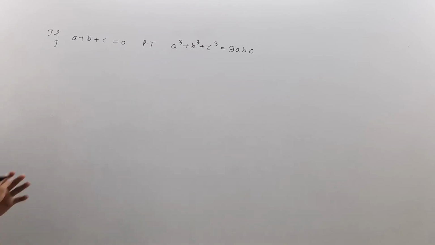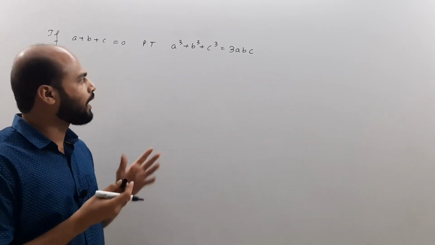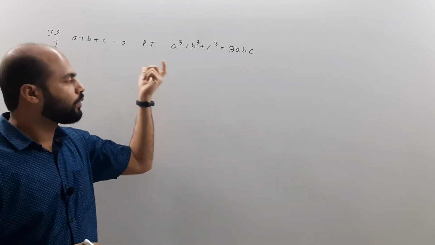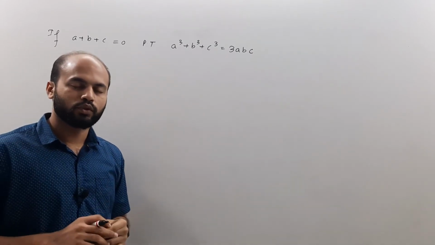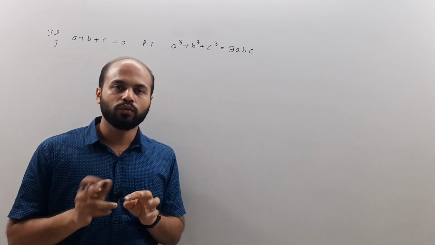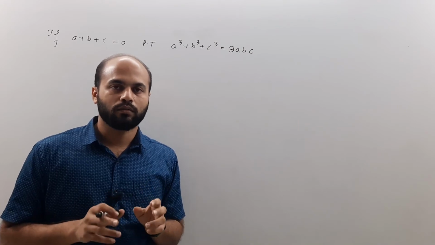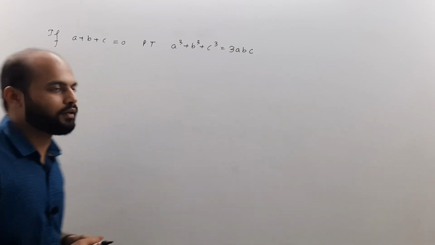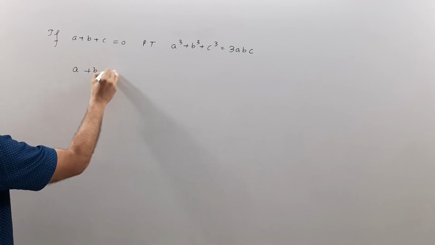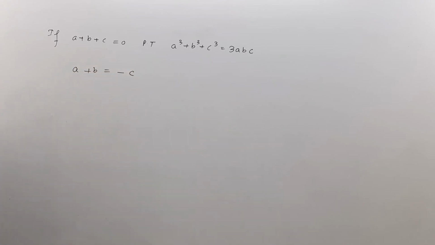So the best thing that you can do over here is, you can see that from this point I want to go to an expression which contains cubes. So if I want to go from linear to cube, obviously I have to cube both the sides. So what both the sides I am talking about, let us see that now. So what we will now do is, we will slightly modify this expression and we will write this as a plus b is equal to minus c. So I have not done anything, I have just transformed the equation.